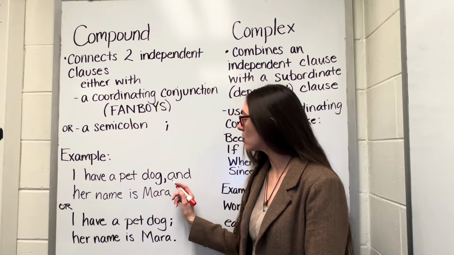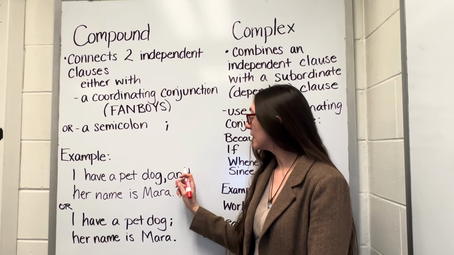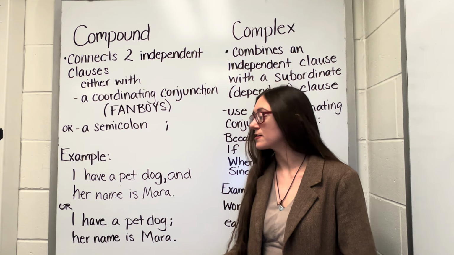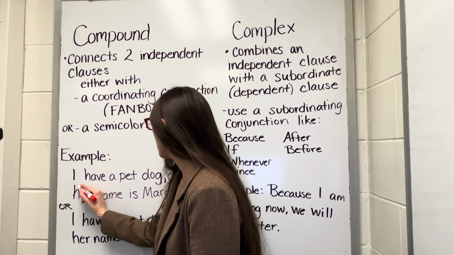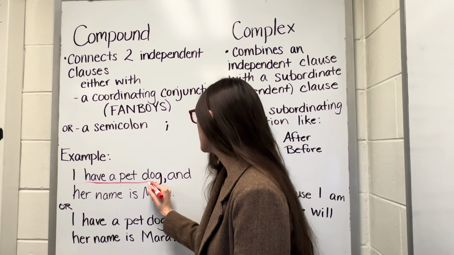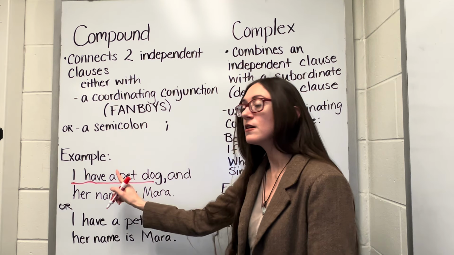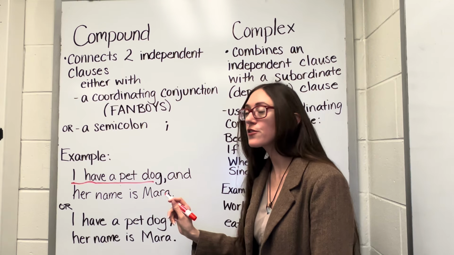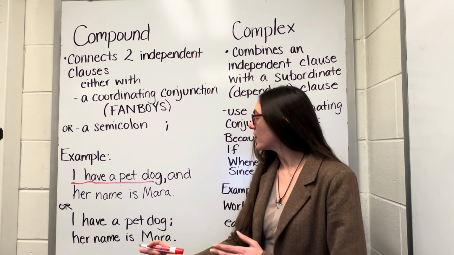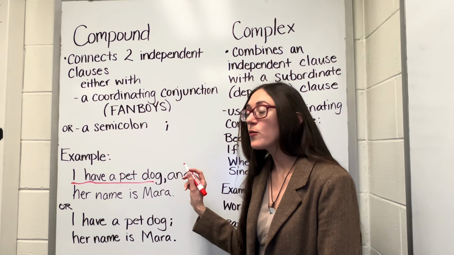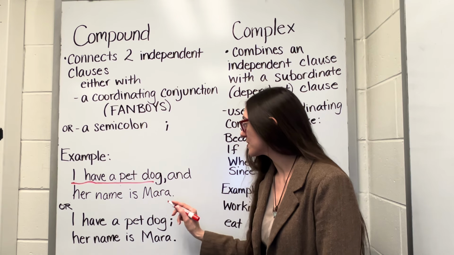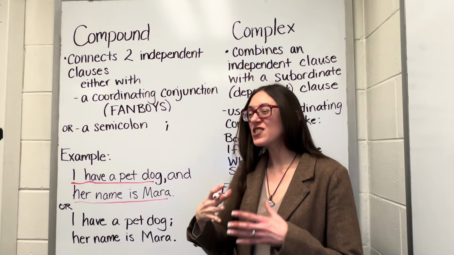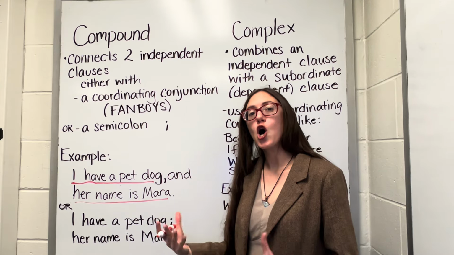I have a pet dog, comma, and her name is Mara. Here are two sentences. I have a pet dog is a full sentence. This can be a sentence on its own. It has a full thought with a subject and a verb, but if I want to connect it to another full sentence, her name is Mara,